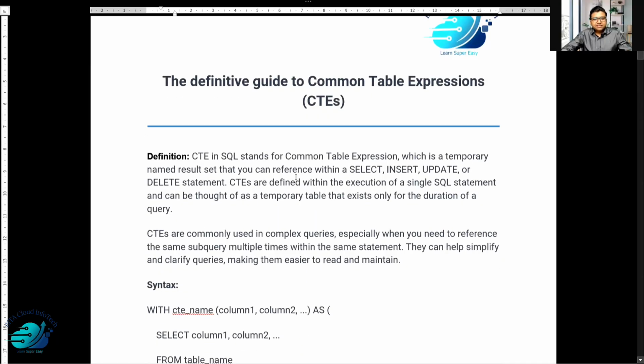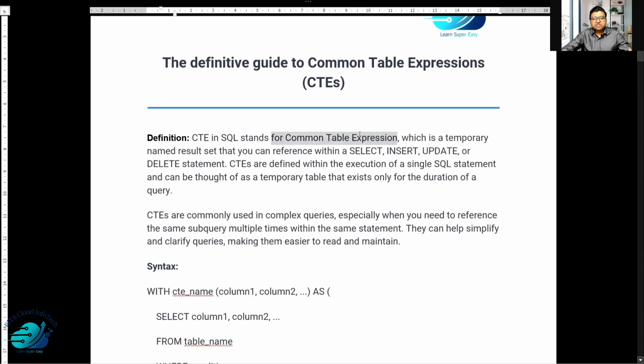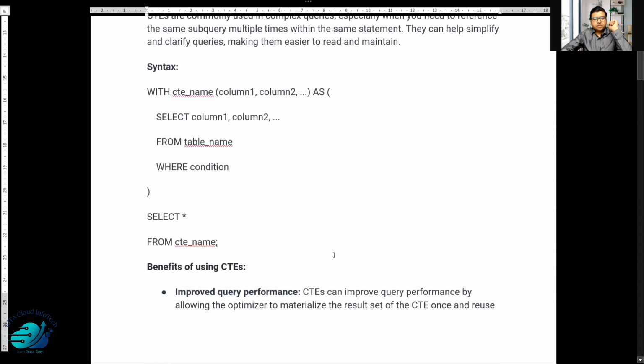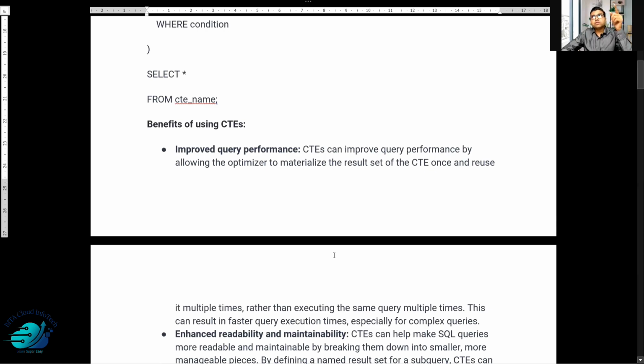As I said, it's a table expression, a temporarily named result set that we are referring to. What operations can we do? Once we prepare a CTE, we can do insert, delete, update, select. These are the operations allowed. CTE is commonly used in complex queries when you need a reference of subqueries. So what are the main benefits? Suppose in an interview they ask what the main benefits are, then you can say improved query performance,